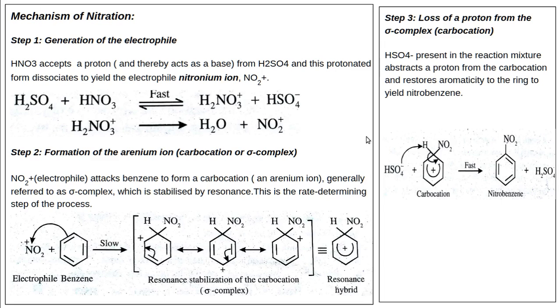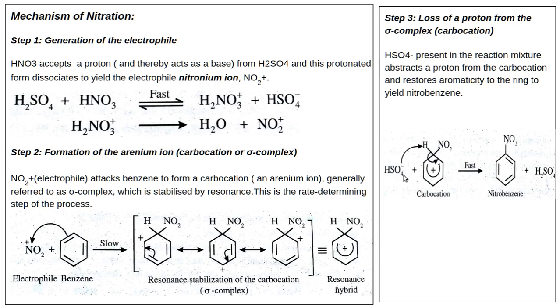So in the second step there is a formation of arenium ion. Then in the third step there is a loss of proton from the sigma complex. So HSO4 minus present in the reaction mixture abstracts a proton from the carbocation and restores aromaticity to the ring to yield nitrobenzene. So in the third step, HSO4 minus obtained from the first step will act as a base,